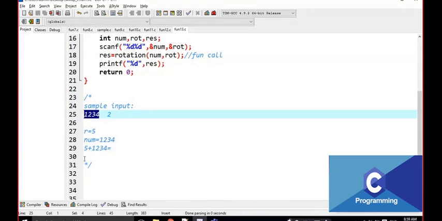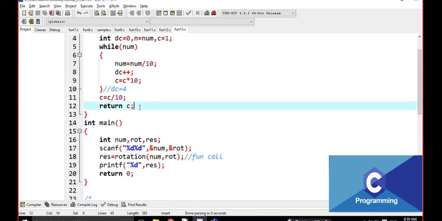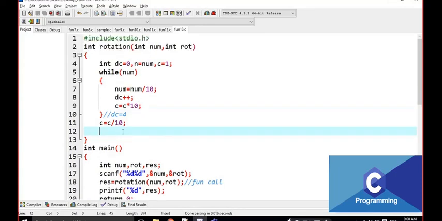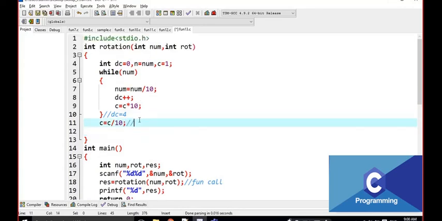If it is a 5-digit number, I want 4 zeros only. Right? That's why after the loop, I am going to turn it as C is equal to C by 10. That means here I am ready with digits is equal to 4 and C is equal to 1000.